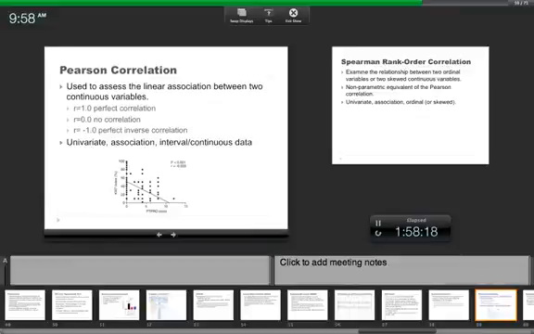So this test is called the Pearson correlation test. And if you have an R coefficient value, it will represent, if R is equal to 1, it will represent a